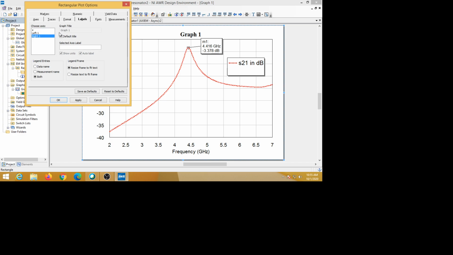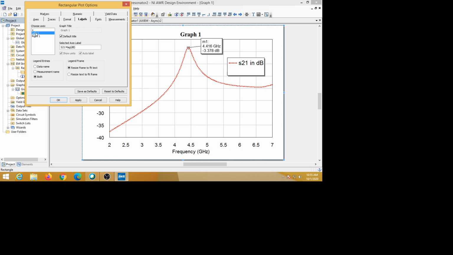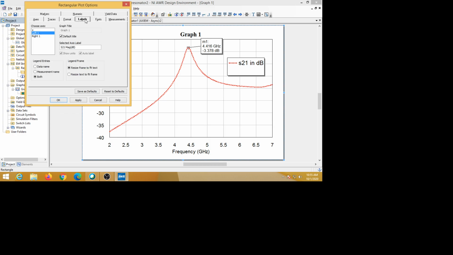So the default title was there, so you should go here.